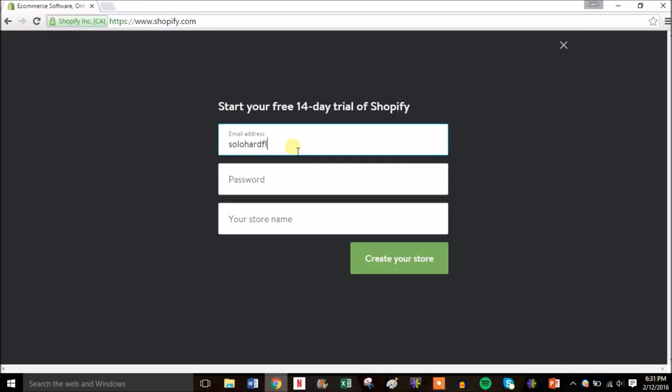So you'll just enter your information. I hope this is an email address I haven't already used. And for the sake of creating this store, I really like tennis, so I already have a bunch of tennis pictures and stuff to put into the store, so we'll call it Discount Tennis. And what you need to know about your store name is whatever you pick is going to show up here in the domain, except what will show up is